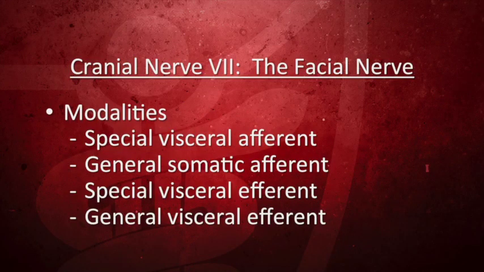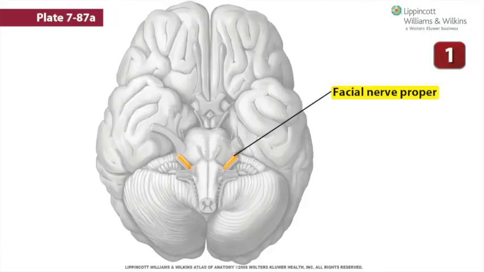Cranial nerve 7, the facial nerve. The facial nerve carries nerves of 4 different modalities: special visceral afferent, general somatic afferent, special visceral efferent, and general visceral efferent. The facial nerve has 2 parts, a motor root that is sometimes called the facial nerve proper, and